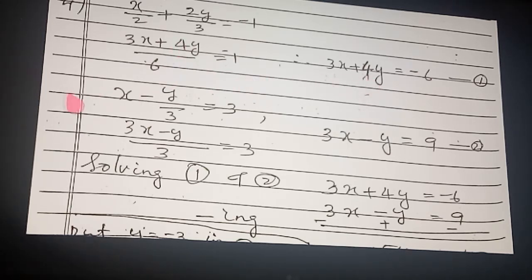So written here. Here also make LCM and put in the standard form. In this way also you can do, but this is convenient, no? Okay. So what you got? 3x minus y is equal to 9. So both the equations we made in the standard form. Clear? Here is there any need to multiply any one equation? You see whether the coefficient is the same or not, you verify by yourself. Yes. Which coefficient is the same? Coefficient of x is the same. See here, 3x plus 4y is equal to minus 6. 3x minus y is equal to 9.